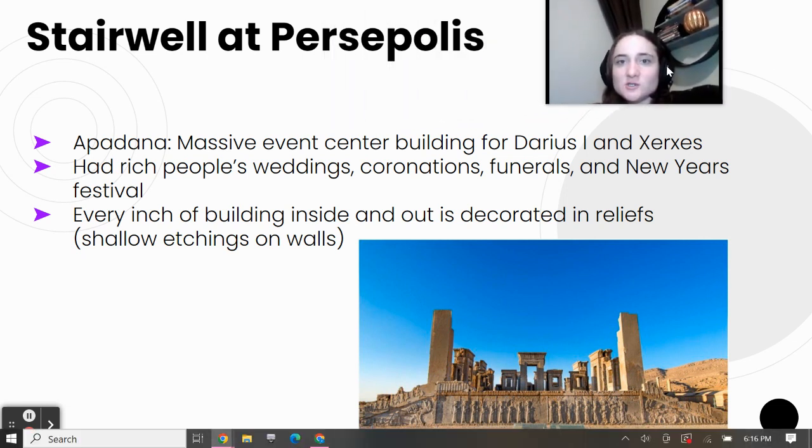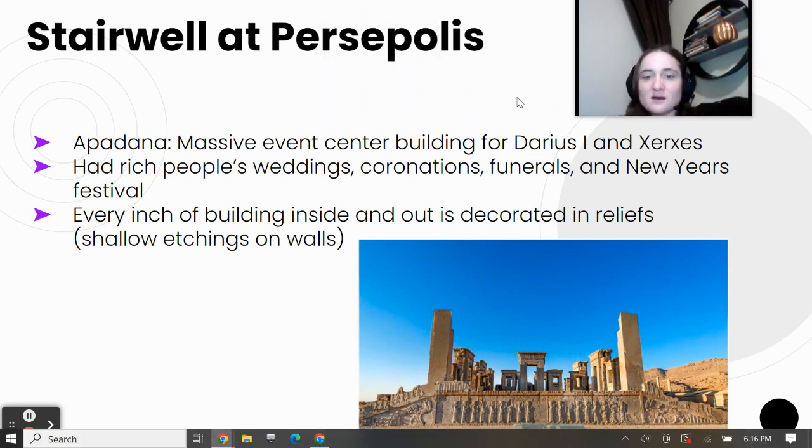All right, so one of the most famous archaeological areas of the Persian Empire is called the stairwell at Persepolis. It is called Apadana, which is a massive event center building that Darius the First and Xerxes built. So you can see right here.